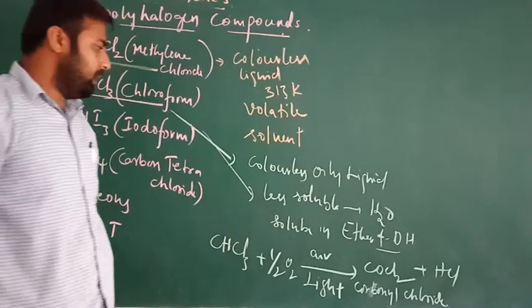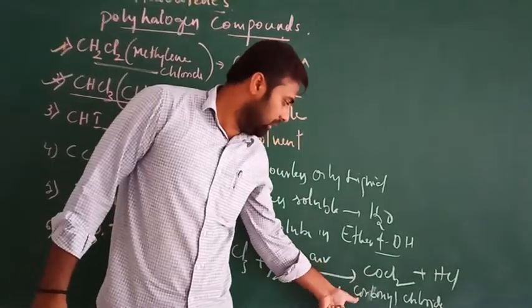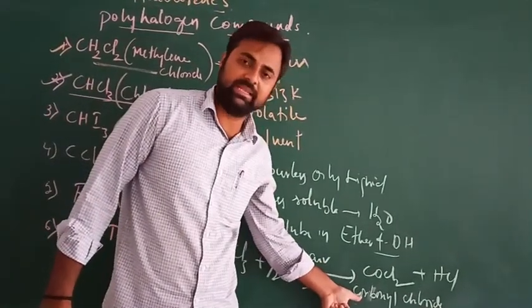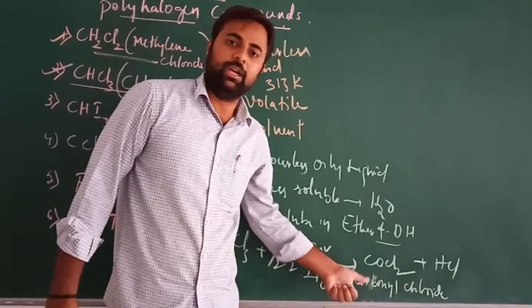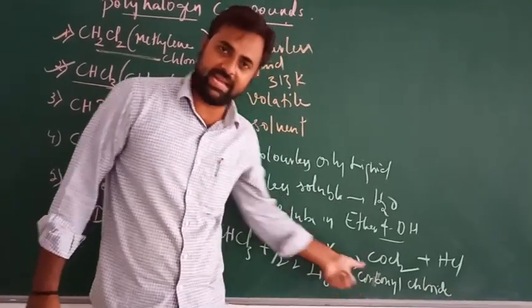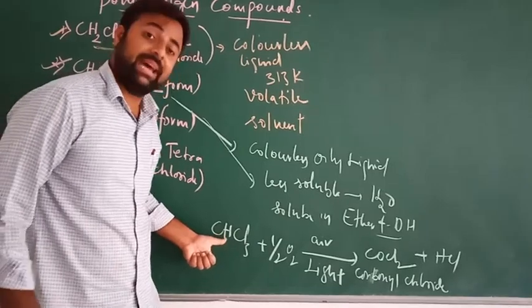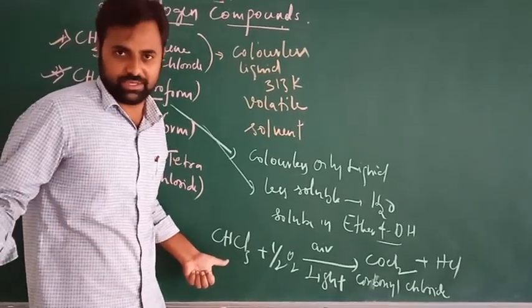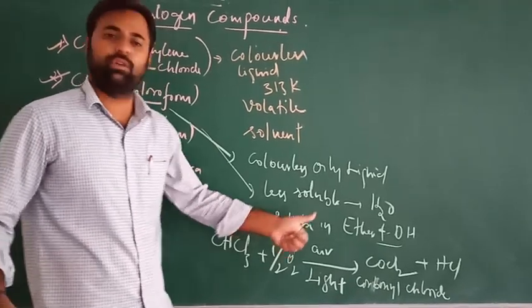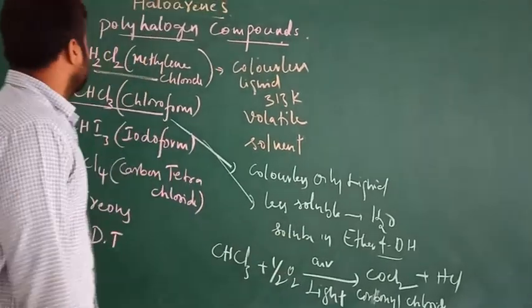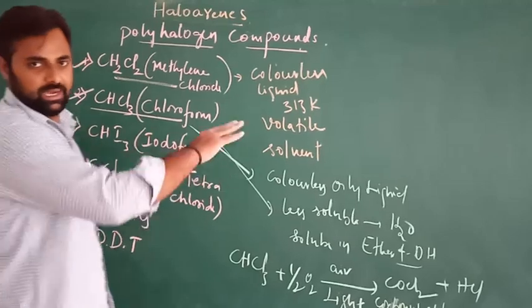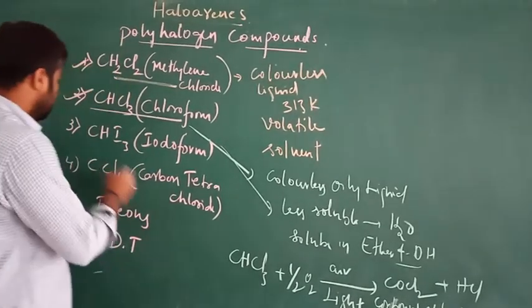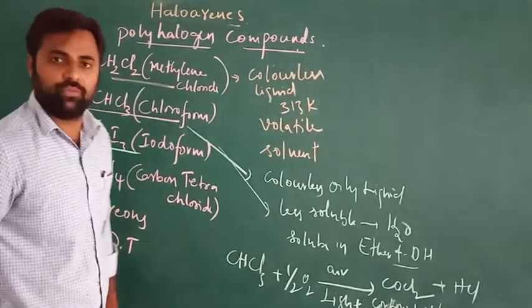Right? This COCl2, carbonyl chloride, is a poisonous compound. Due to the presence of this phosgene gas in chloroform, it is unfit for use as an anesthetic component, right? This is the environmental effect, right? That is all about chloroform. The third one is iodoform,